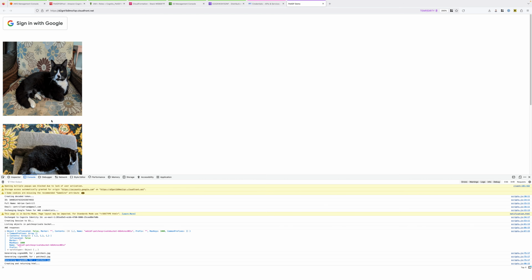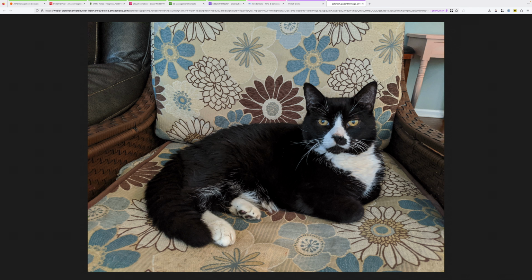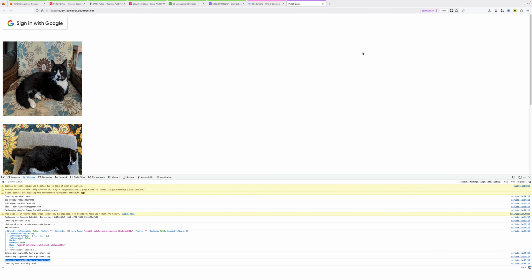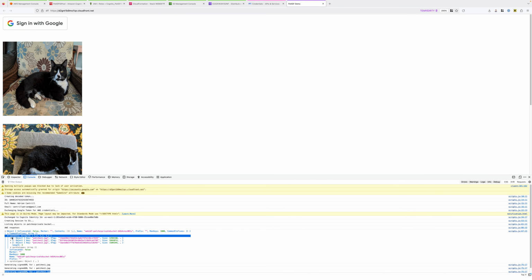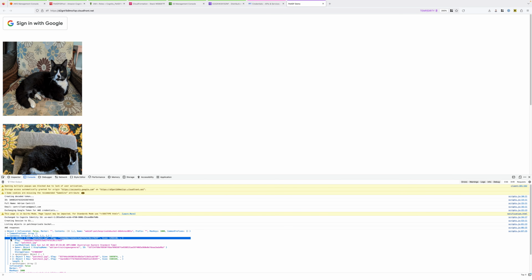Now, if you click on any of these images, what you'll see is that the URL for these images, in addition to containing the DNS name for the patches private bucket and the object name, it's also got authentication information encoded in the URL. So it's a pre-signed URL, and that's how we're able to access this private bucket. Our web application is interacting with the AWS APIs using these temporary credentials, generating these pre-signed URLs, and it's these pre-signed URLs which allow us to access these private images.